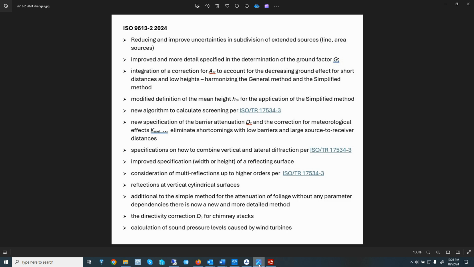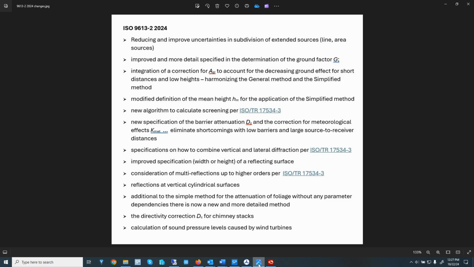And those changes supposedly, or will hopefully, eliminate some of the shortcomings with low noise barriers or for larger distances between source and receivers. There's also more specification in terms of the combination of vertical and lateral diffraction around barriers.